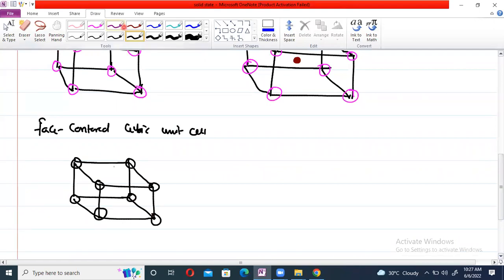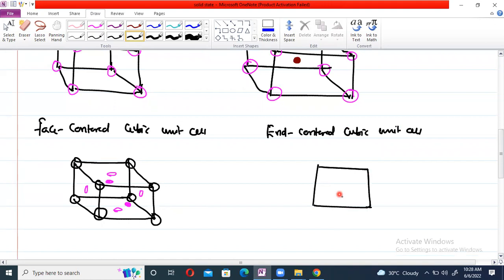These are the corners. Then center of the faces: 1, 2, 3, 4, back side 5, front side 6. And the last one is end centered cubic unit cell. For end centered,